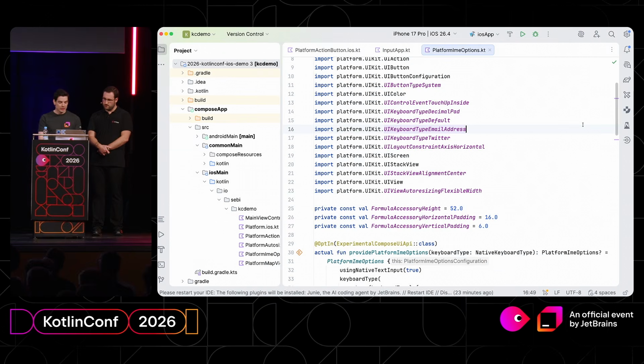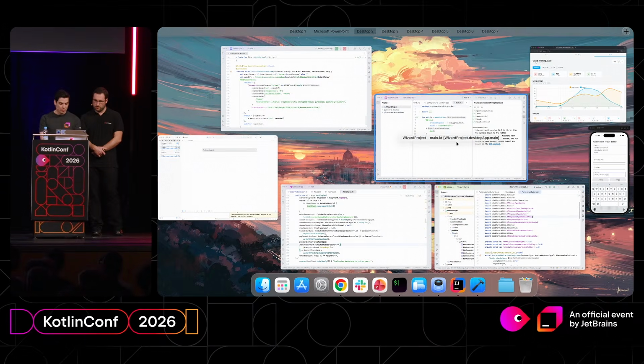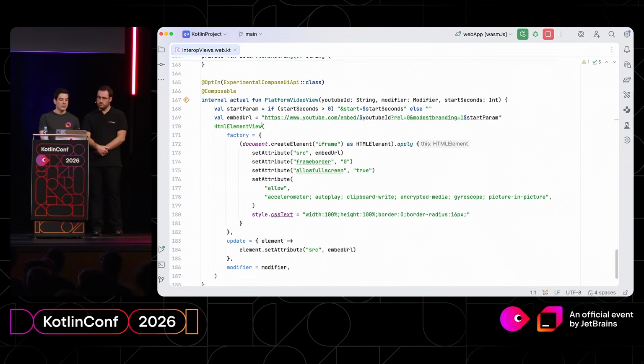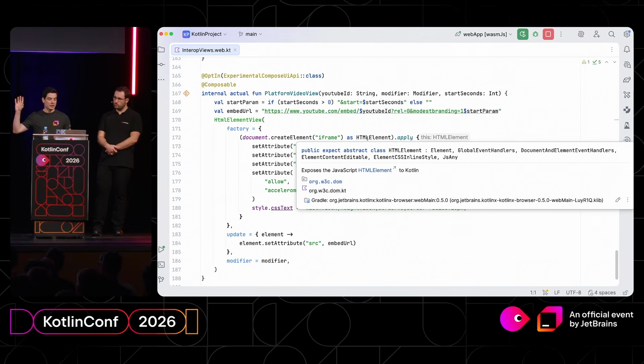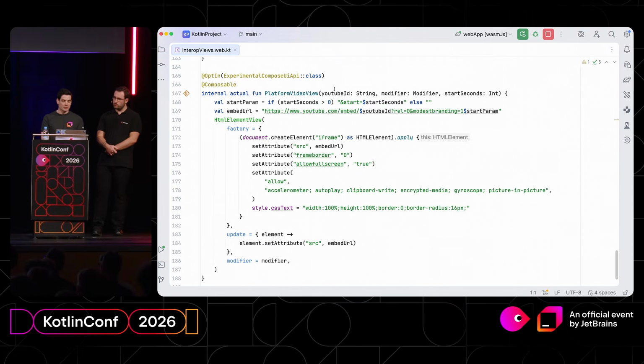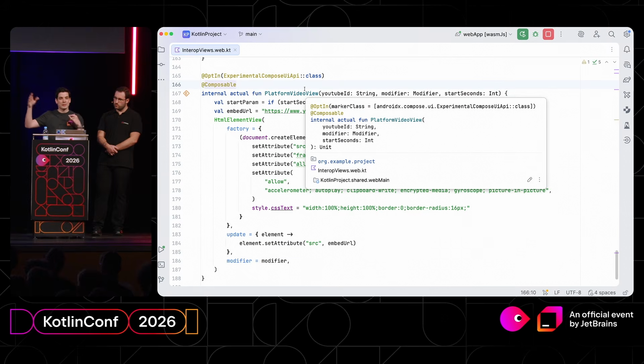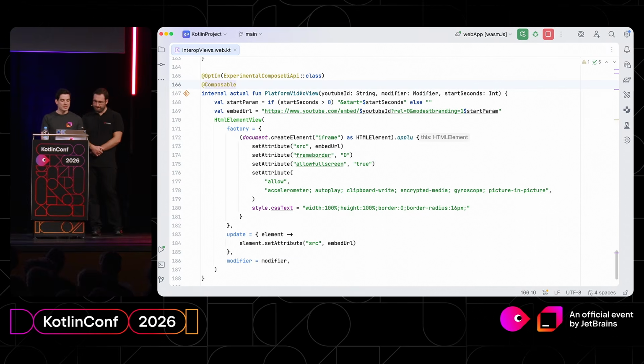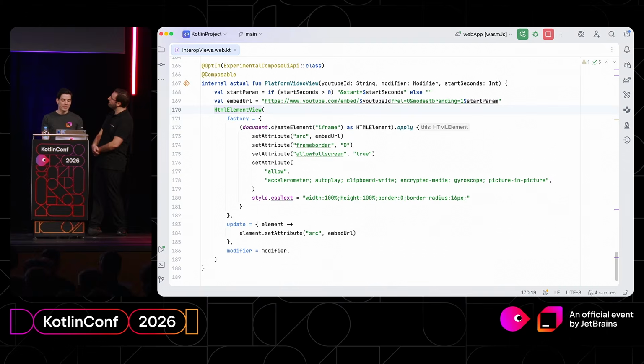We can take a brief look at how this works if we hop over into this project, where we have the code for the video player for the web open, for example. So we are using an expect actual composable to have different UI implementations for different platforms. And on the web, we are taking the incoming ID. We are constructing the URL that we want to load into the frame. And then we have the interop API call, which is HTML element view in this case,